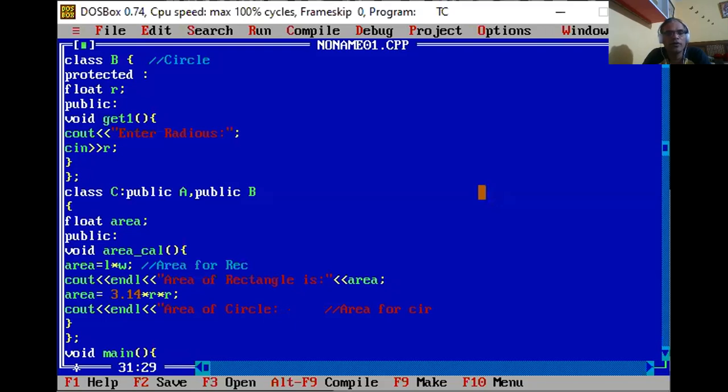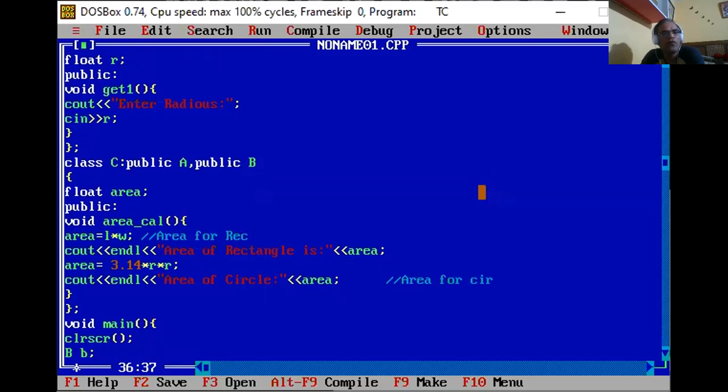And now you can write here area. So this is the complete definition. Now we want to print the value of length, width, and r, meaning the circle radius.